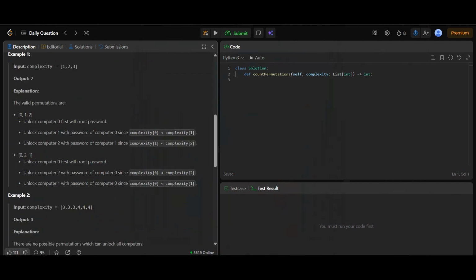Example 1. Input complexity equals [1, 2, 3]. Output 2. Let's break down why the answer is 2. We have 3 computers, 0, 1, and 2. Computer 0 is already unlocked. Complexities are increasing from left to right. There are 2 valid unlocking permutations: [0, 1, 2]